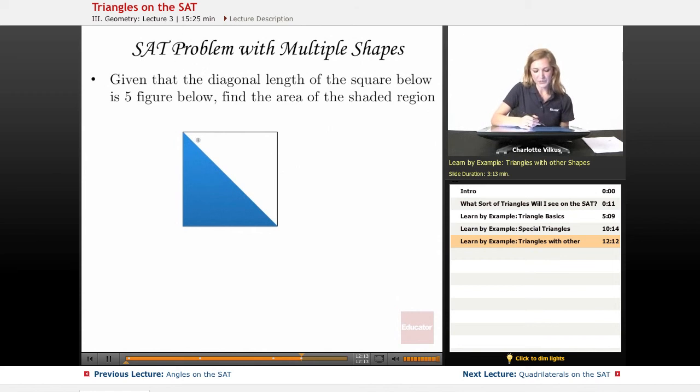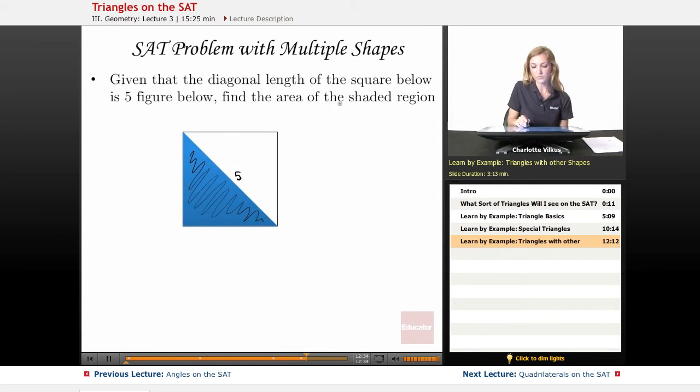Here we have two shapes, so basically a shaded and an unshaded portion, and we're given that the diagonal length of the square below is 5. So in this figure we have this one being 5, and we want to find the area of the shaded